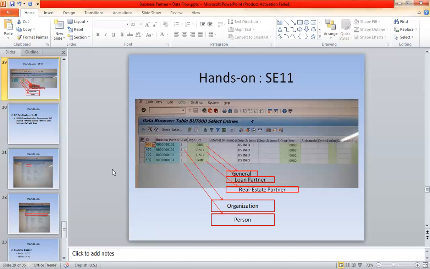Anything else you want to add? Sir, what should I add, sir? Because whatever we are doing, I don't find out any relevance. According to me, whatever you taught today has no relevance with FICA. It is the order creation, customer creation, business partner creation. These are the terms used for sales and distribution. Yeah. Customer is